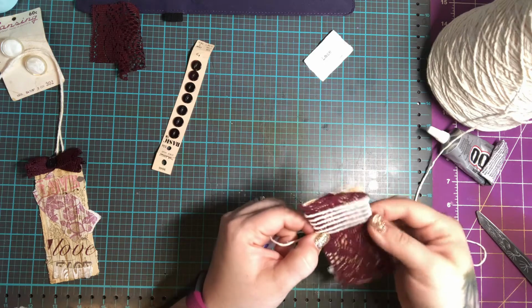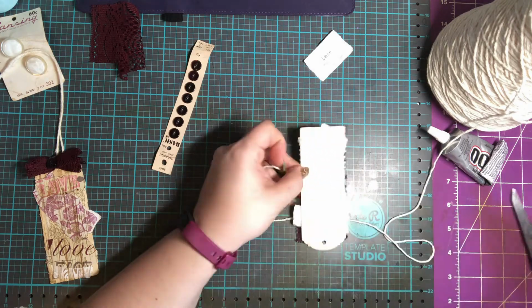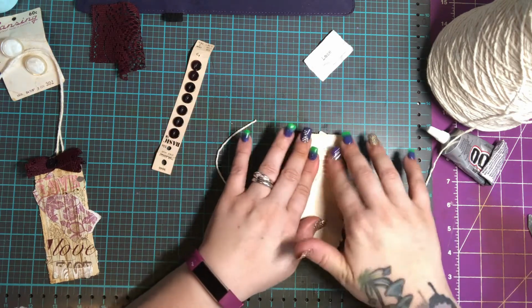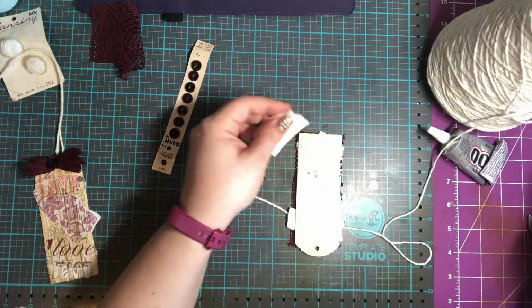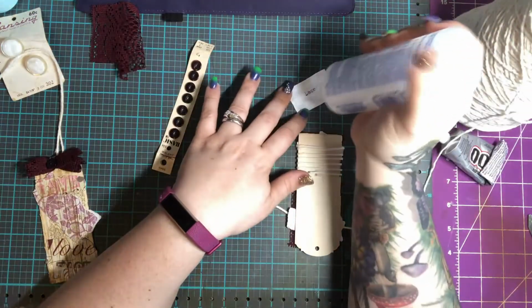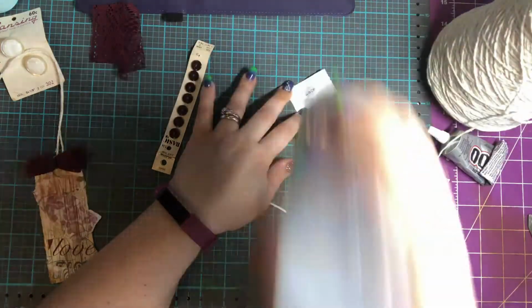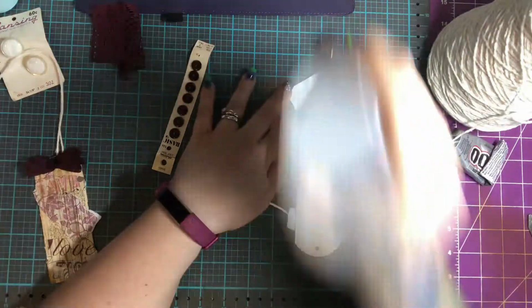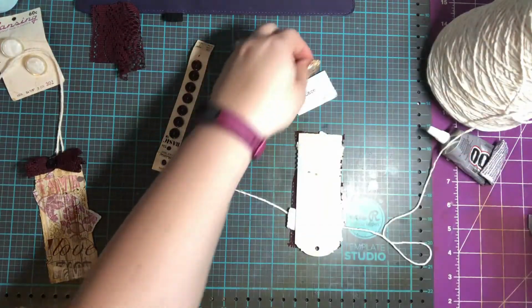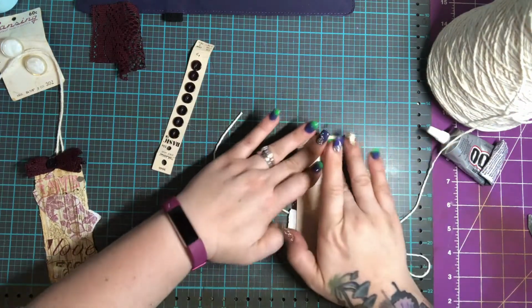Alright, and I'm going to cut it there, and I'm going to use a little piece of paper right here to kind of hold this down to the back. I don't have anything else. It's just a prompt. And these tags will probably be glued into something, and if not, I can definitely cover it up when, like, I don't know what the rest of this project entails, but,